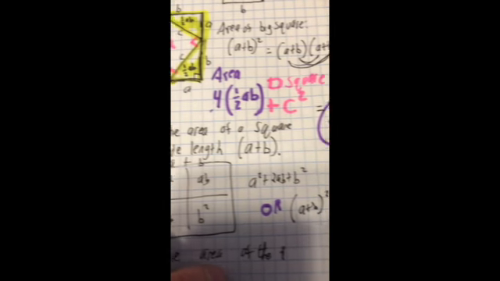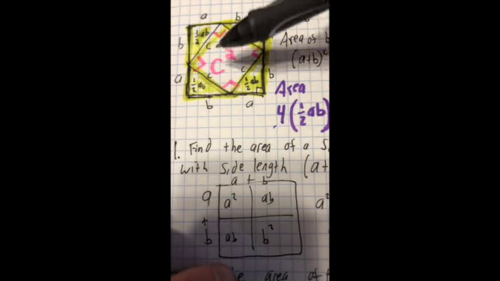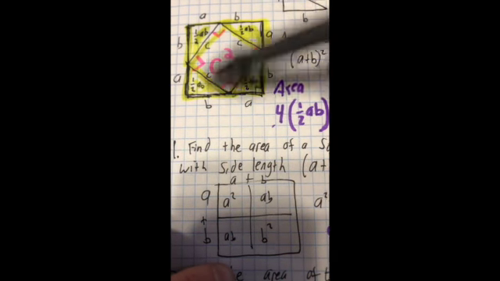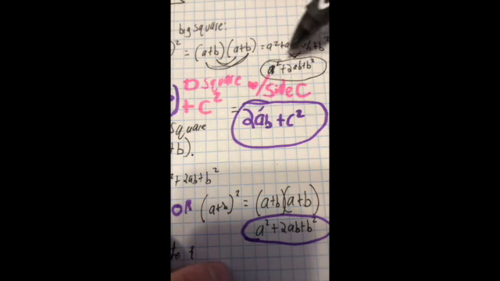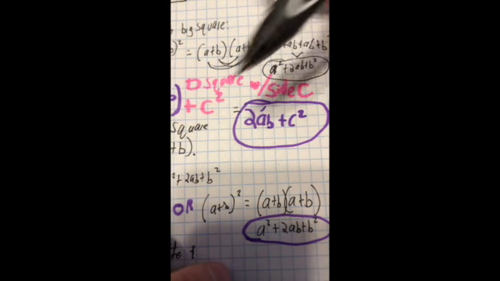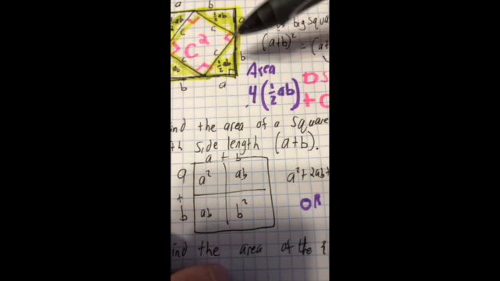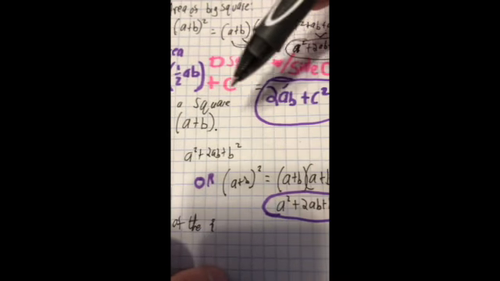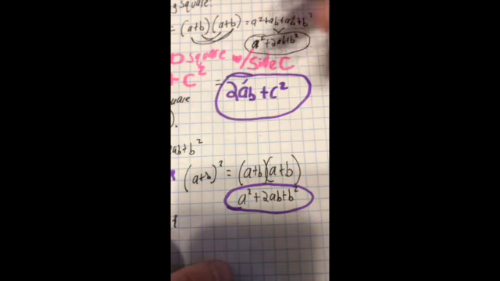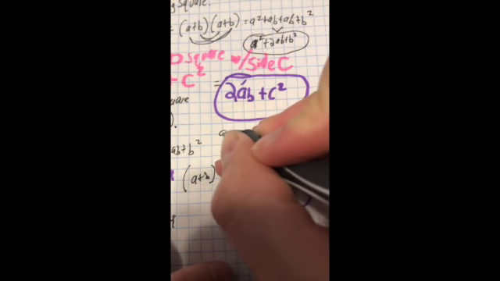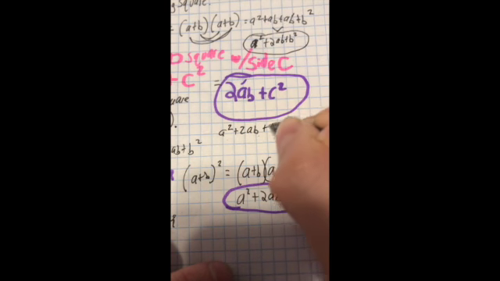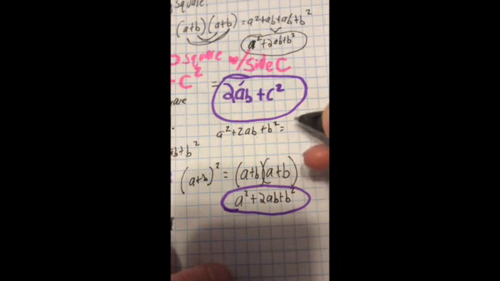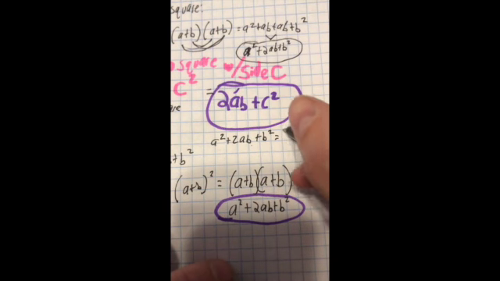I forgot what it's called. It's some fancy word I never understood in college. But really, I made 2 different expressions for this big square. I used this, a plus b squared, to get this black thing here. And then I made this beautiful pink and purple diagram, which is the same square, and I wrote this. So I know that a squared plus 2ab plus b squared has to be the same as 2ab plus c